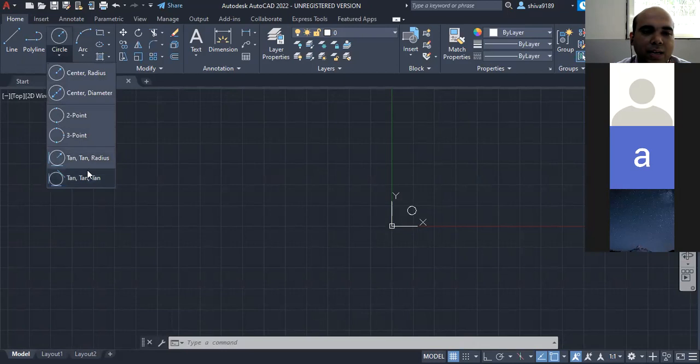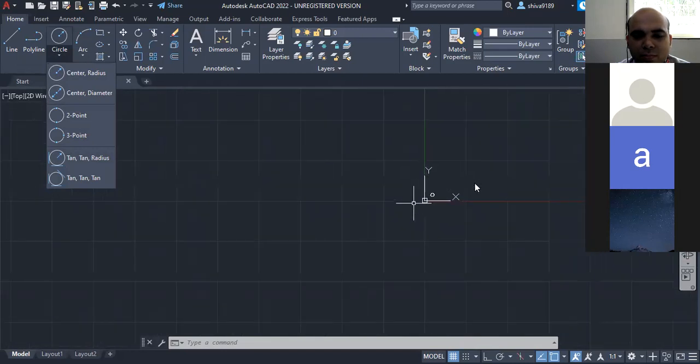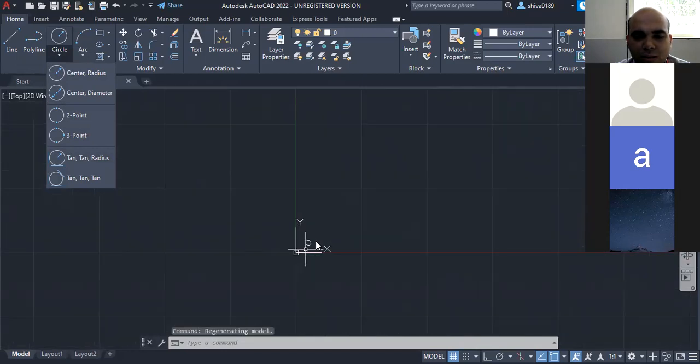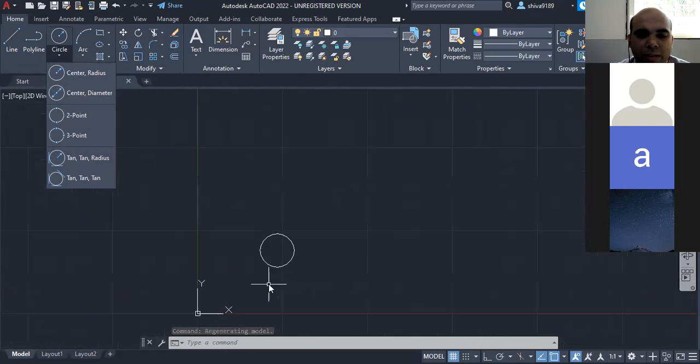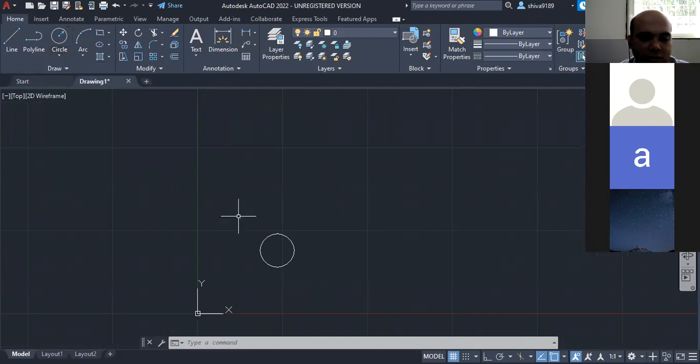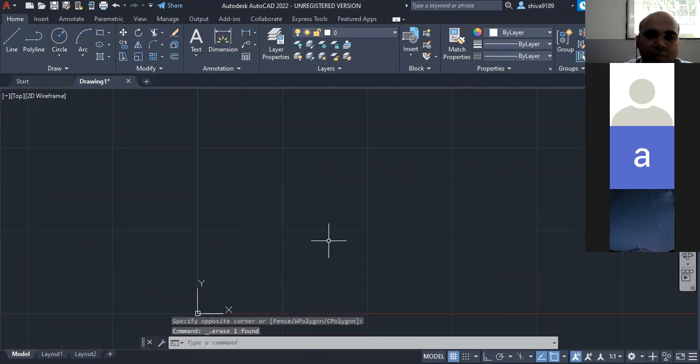2 point, 3 point, and the other options. In this way you will go through this software, so that you'll not be a beginner then. Okay, so you have to explore it a lot. Still, if you are not getting it, let me know. Then in the next practical, definitely I'll explain the same things once again. Okay, so that was what we were having for the circle. Everyone clear? So today we will stop the session here, and next time we will start from this part.